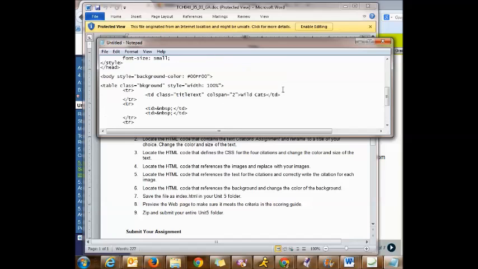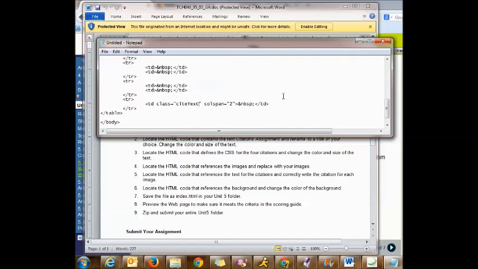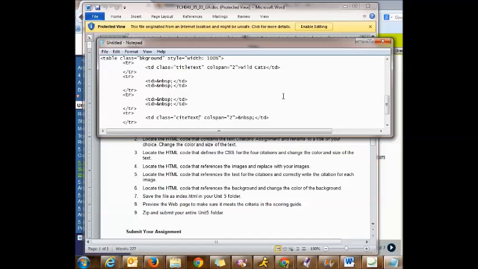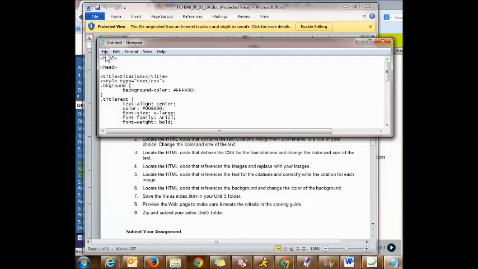Make sure I did that right. Yeah, cite text, dot cite text. Okay, so that's what it's going to look like. Okay, we're just going to file save as,